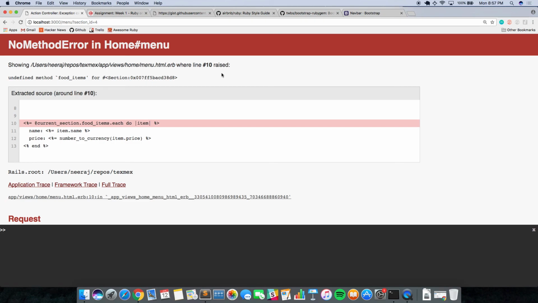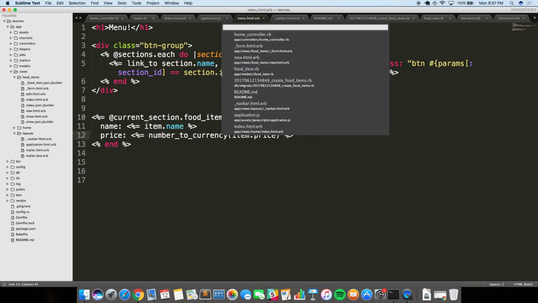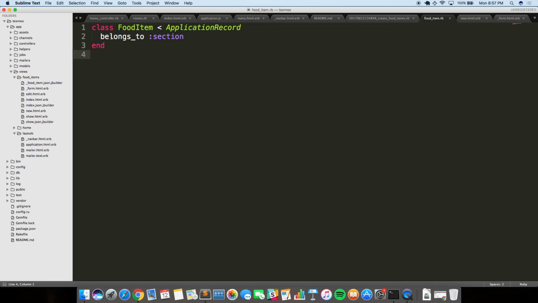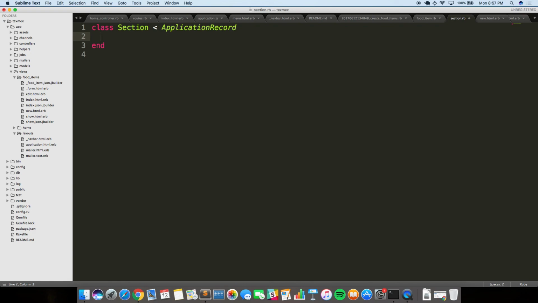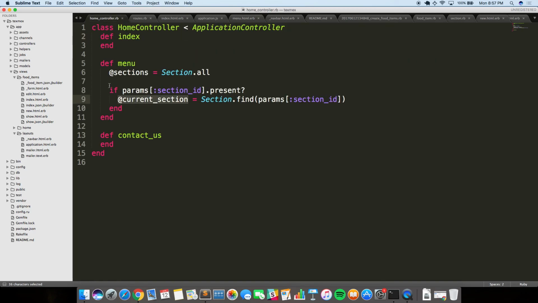Undefined method food items for section. So if we look at our model, we go to food item, it says belongs to section, but if we look at section, it doesn't have the inverse of that. So we have to say has many, and we say food items. By doing that, it gives us the ability to query directly, so we can say section.food_items, which is what the menu is doing. So if we look at the home controller,